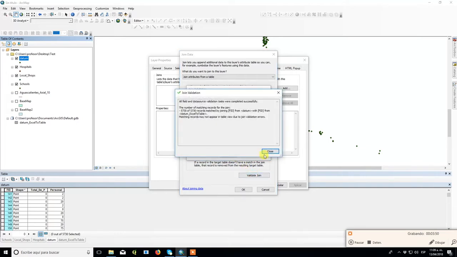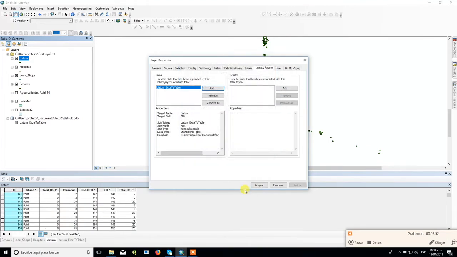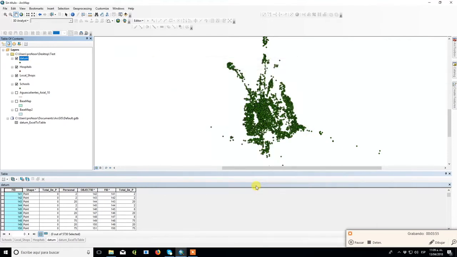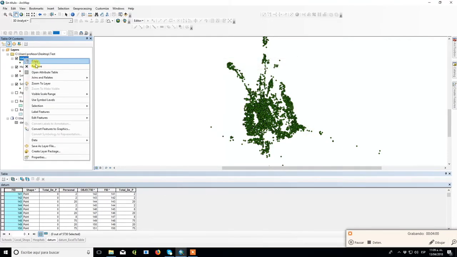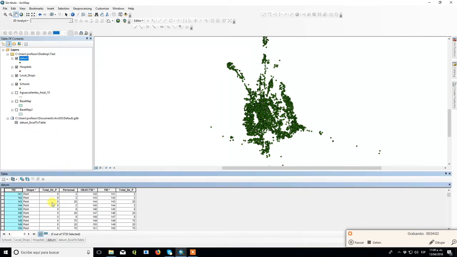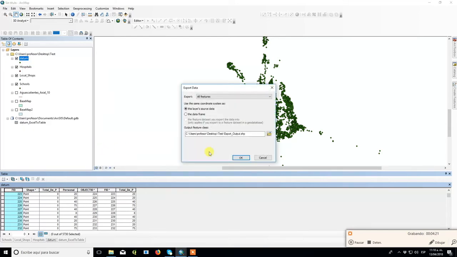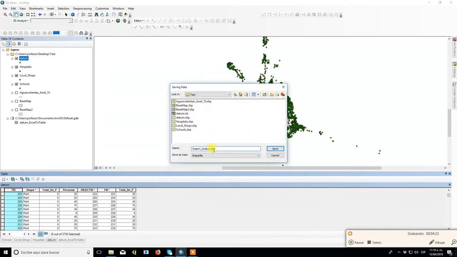So this is kind of like a day-to-day work, you know. You need to have these kind of abilities really present when you're trying to work with ArcGIS. And this last couple of basic tutorials will be about that. The main problems that I have faced in these 5 years, and I want you guys to comprehend what it is about. So let's export this one so we can have a fresh start of information, and put it